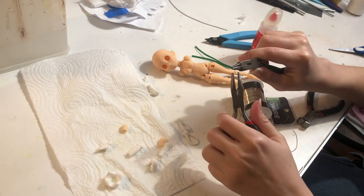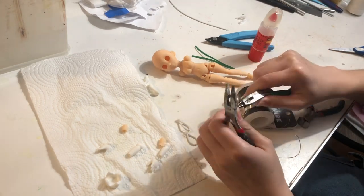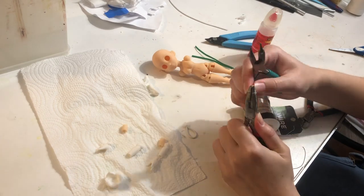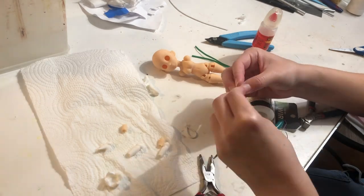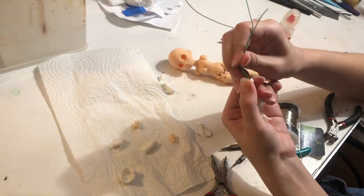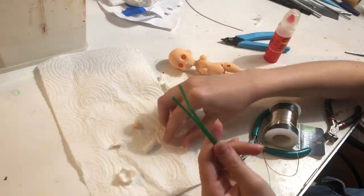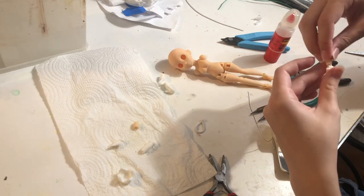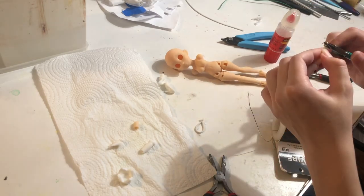Each arm needed 2 S-hooks, one to connect to the wrist and the other to the shoulder. Starting with the wrist, I put the S-hook on the elastic, and then I put that onto the wrist, and then I begin stringing it through the arms until it reaches the point where it would have to connect on the shoulder. At the end of the elastic, I put the other S-hook, and now we have a single replaceable